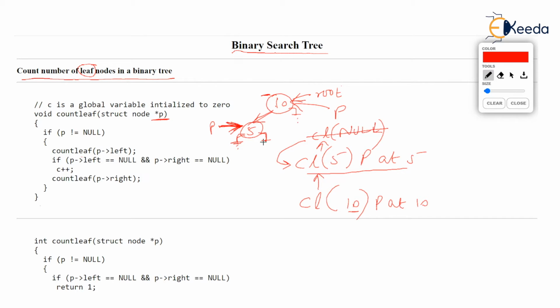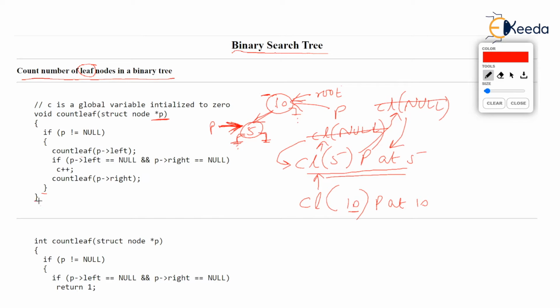So if the function countleaf(5) calls countleaf(null) again, it simply ends, resuming the calling function, and countleaf(5) will resume from the last line because it has finished its left recursion, the if statement, and right recursion. So countleaf(5) simply ends.